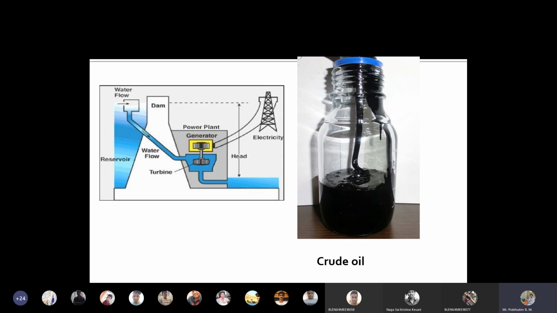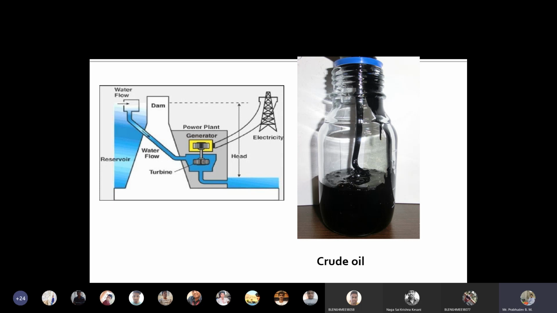We'll discuss that in detail later, but it is not required now. We don't go much in depth with these reservoirs. It's just a basic definition. We'll go into much more detail in discussing solar, wind, tidal, all these things. So next is nuclear power. To say about nuclear power, no, sorry.